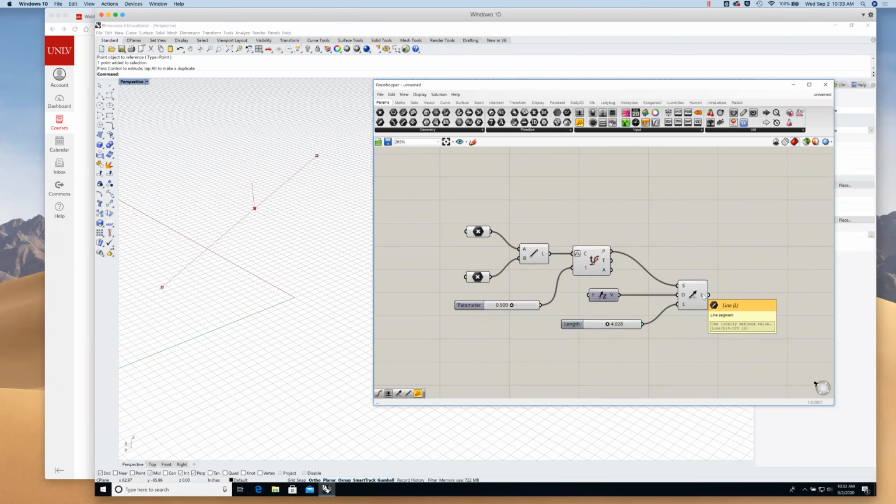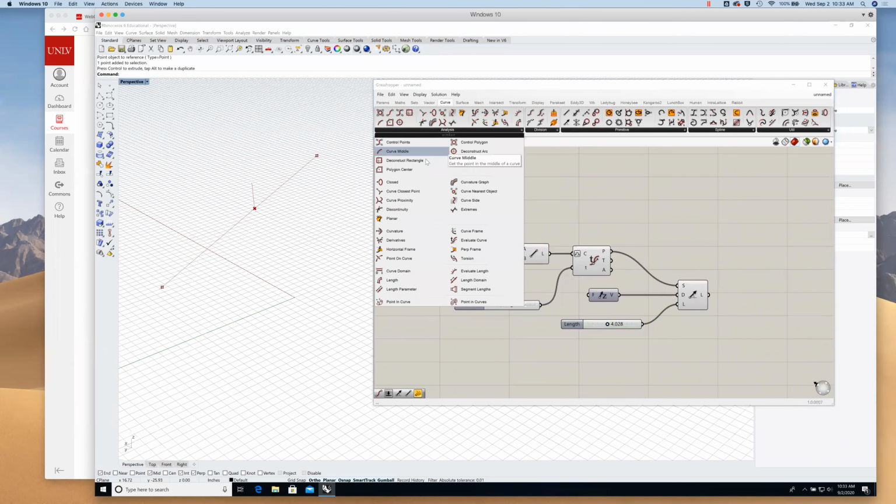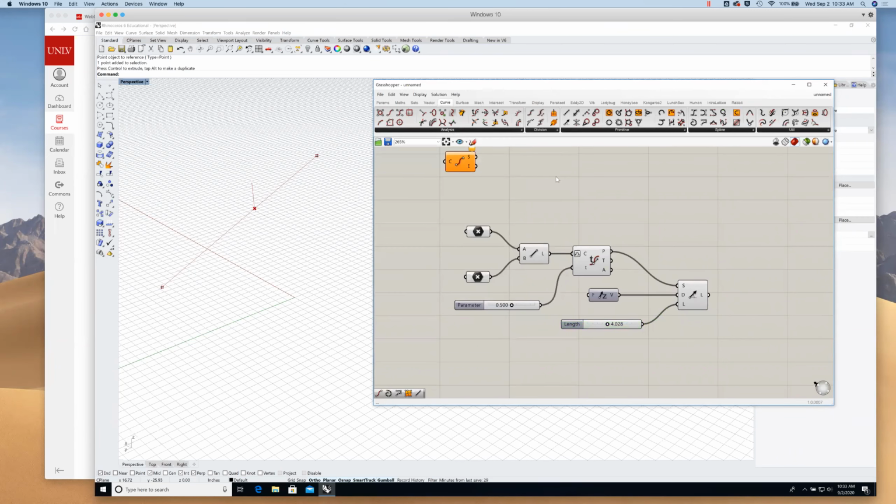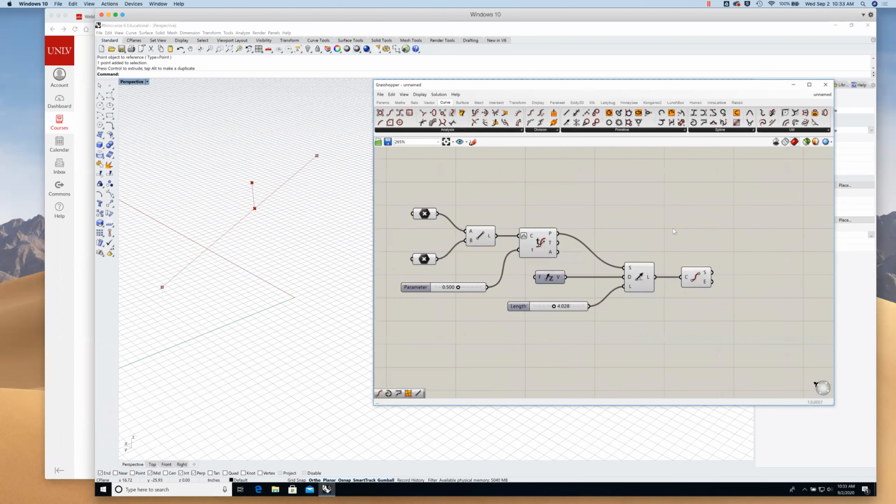Now we have this line, but really all I want is this endpoint of the line. So I'm going to evaluate this curve. I'm going to find its start points and endpoints. I'm going to plug that line in just to get its endpoint. Now we just need to connect the dots by connecting this point to this point to this point